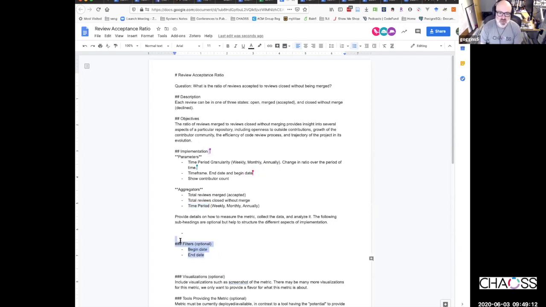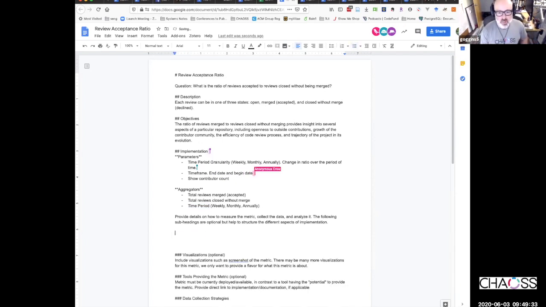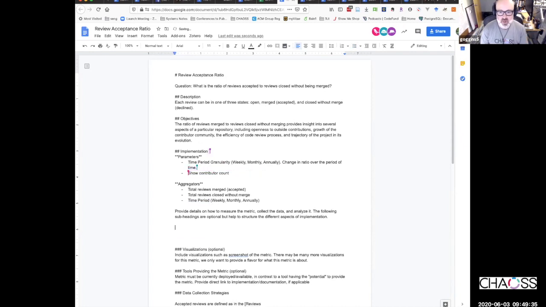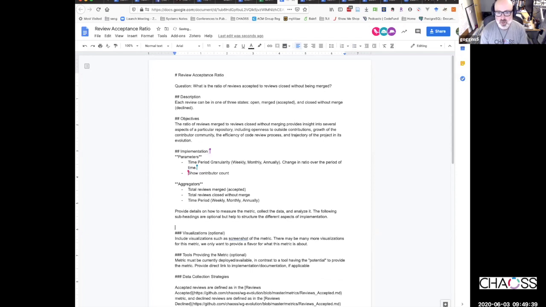Given that we've decided that filters is optional, perhaps the start and end date should go away, and then we don't need a filter section at all. I think we've covered everything that would be a filter under parameters and aggregators. We kept filters as an optional thing mostly for backward compatibility of metrics we'd already published.